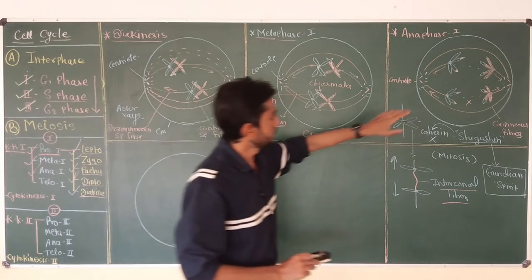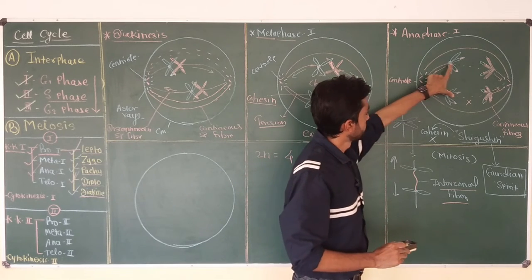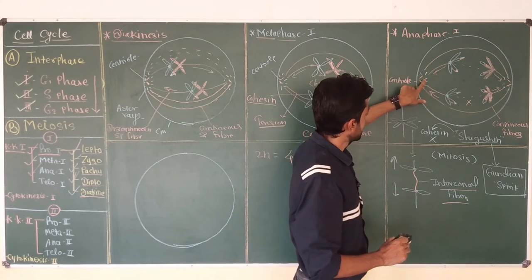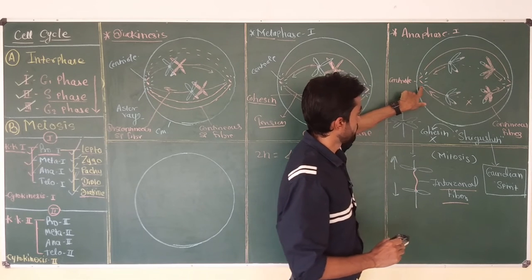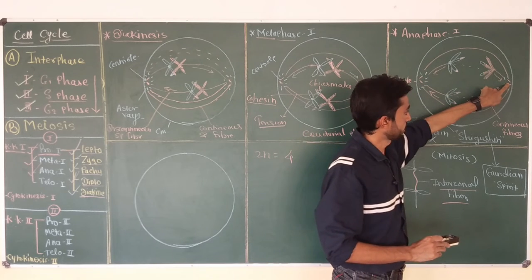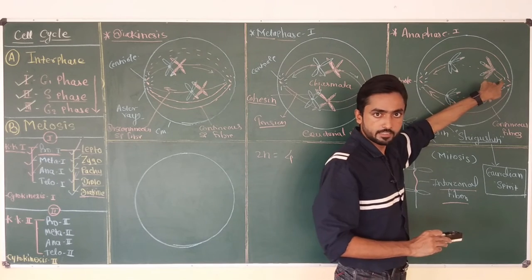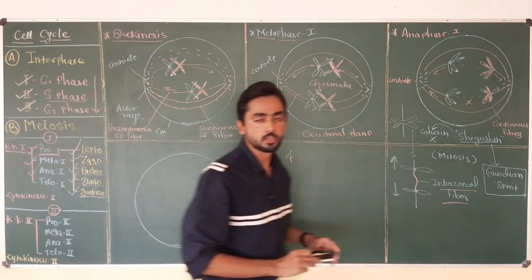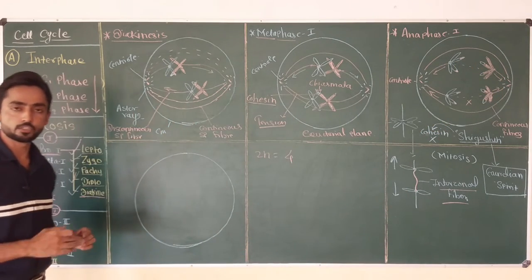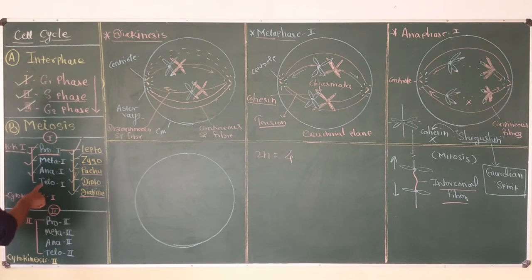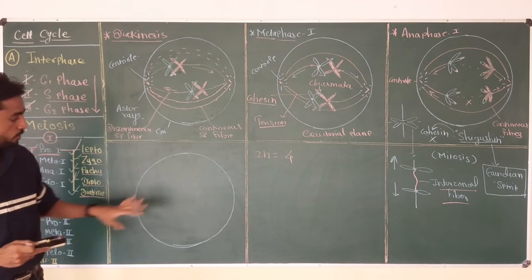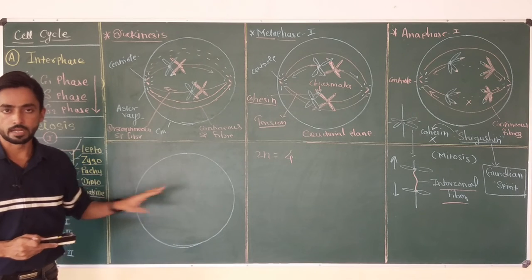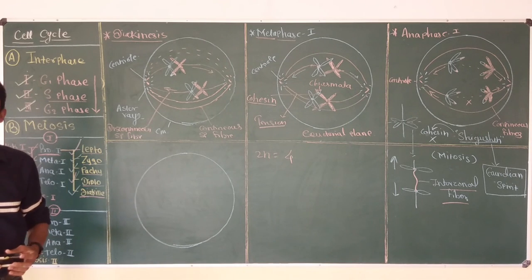Okay, now at the end of anaphase, both these chromosomes stabilize at one centriole while the remaining 2 chromosomes get stabilized at the next centriole, and now this cell is ready to enter the last stage of karyokinesis, that is telophase 1. I am going to discuss telophase 1 and the different types of changes that occur in it in my next video.